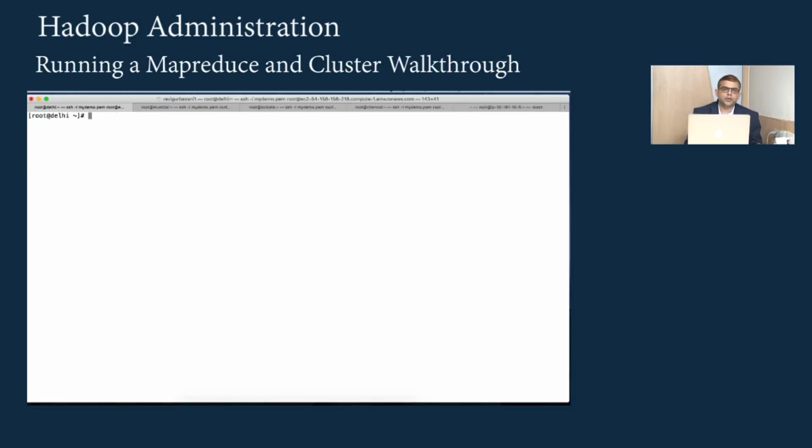Let's understand what this program is all about. This is a sample program that's coded by the developers of Hadoop. We just have to run it. The intention of this program is to search for anything that starts with dfs in these particular XML files. Let's quickly look at it.